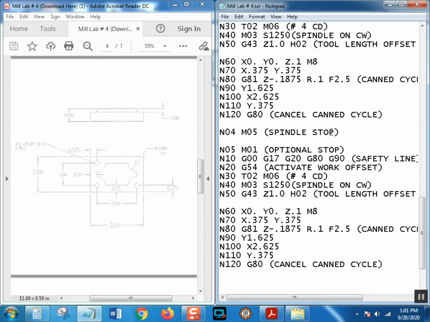Can cycle stop. Let me see if there's some other stuff we probably ought to put in there. I'm going to put another one in here too. Let's do this. I don't see my G28. There's no G28 there. Yeah, I need to put a G28 in there, so we'll go in